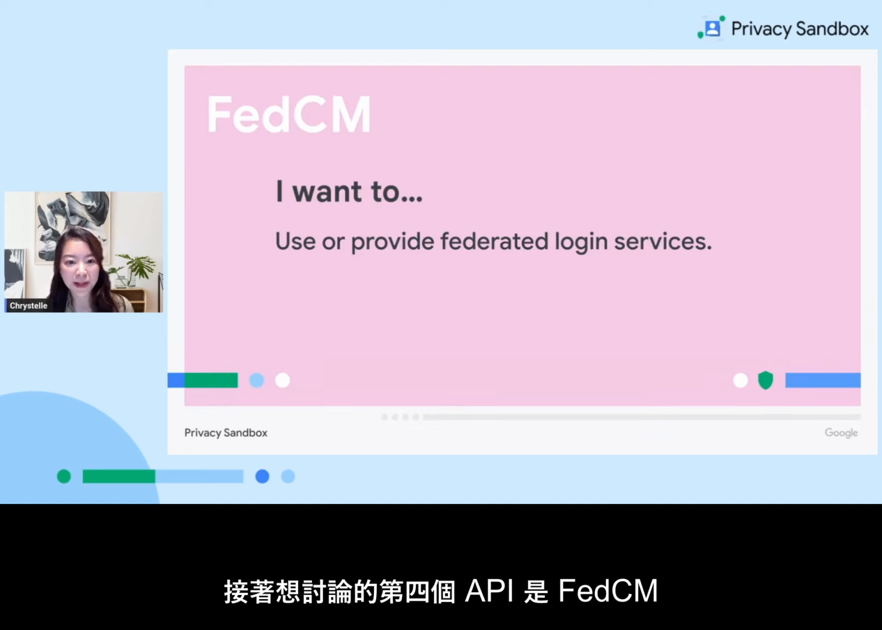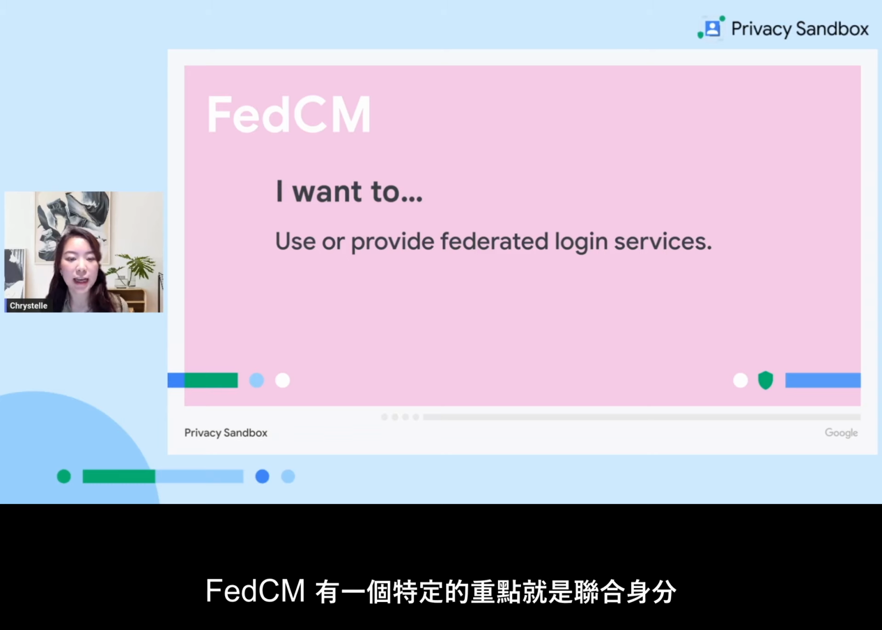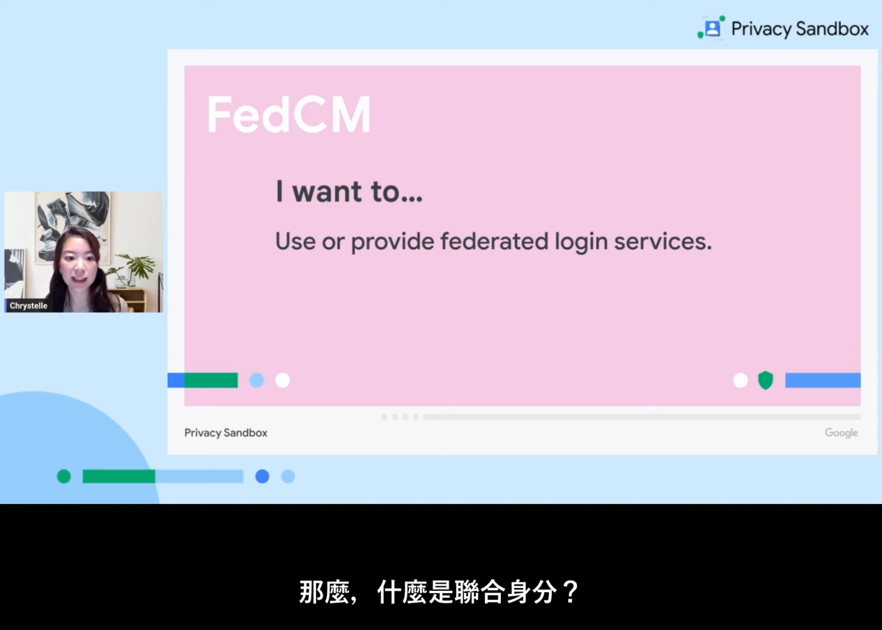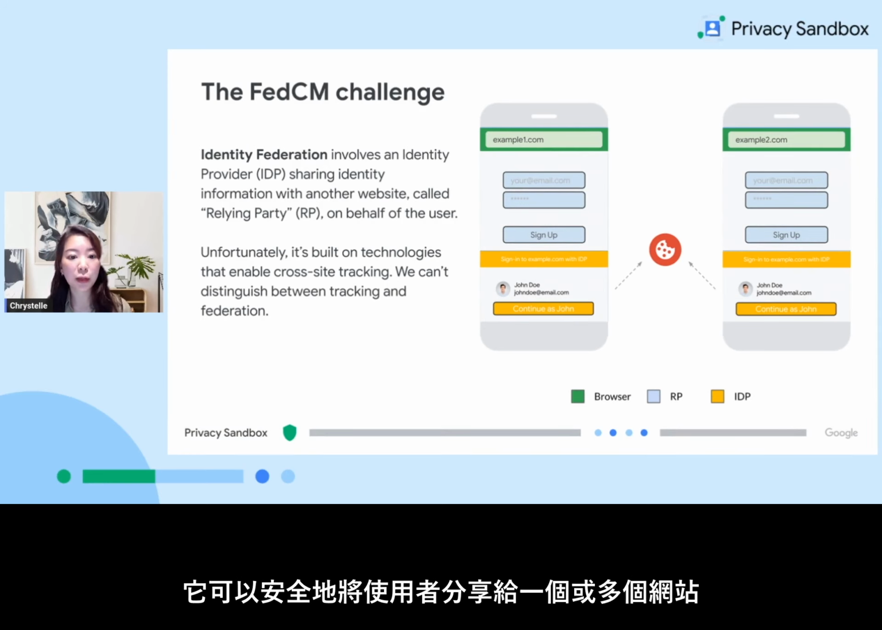The fourth API I want to discuss is FedCM, or Federated Credentials Management. FedCM has a specific focus, which is federated identity. So what is federated identity? Federated identity, in short, means having an identity provider that shares information about the user with one or more websites